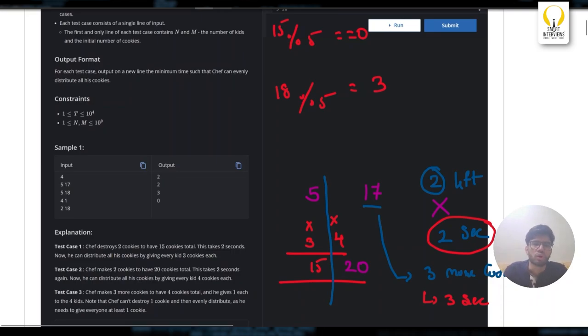Right. So what is this 3? This 3 tells us 3 extra cookies are being used. There are 3 extra cookies. So what do we do with this information? Do we destroy these 3 cookies? Or